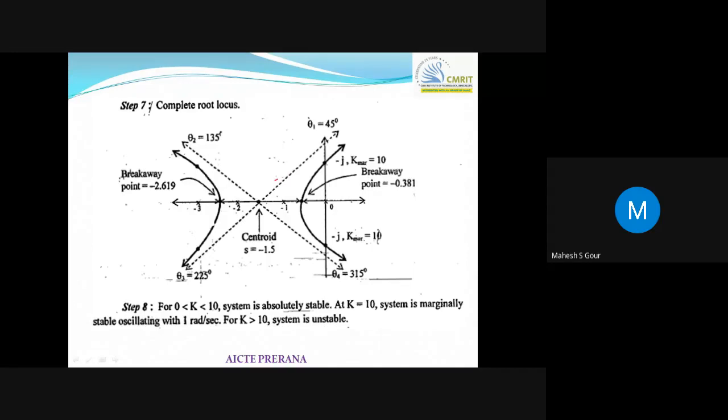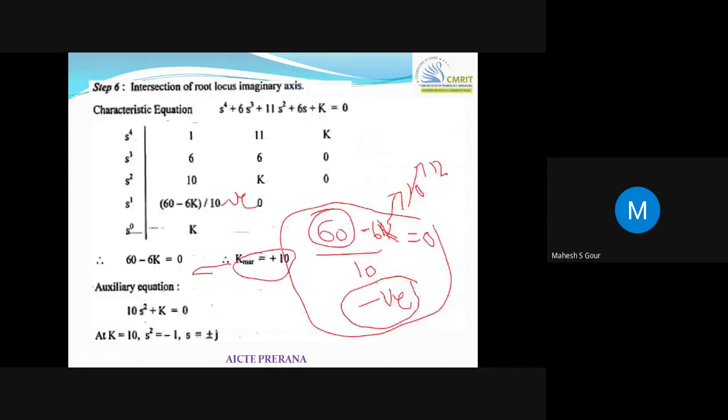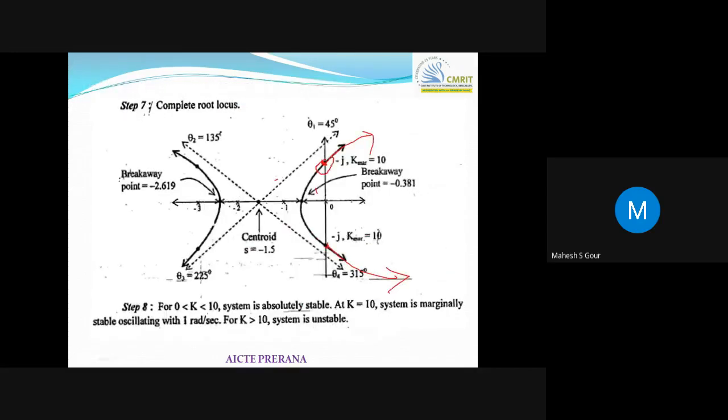Okay. It means, see, this is the maximum value of k. So when I increase my k, the root locus tries to shift to the right hand side of your S plane and the system will become unstable. Right? Okay, and this point is also called the point for oscillation. Why? As you know, S is equal to sigma plus j omega, right? At this point, sigma will be 0. At the imaginary axis, sigma will be 0, right? In the S plane, it will be directly j omega. So this is used for oscillations.